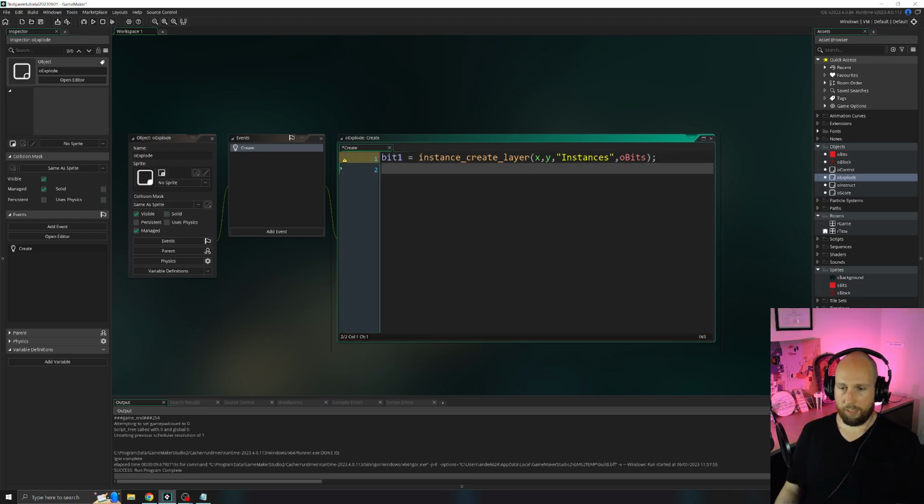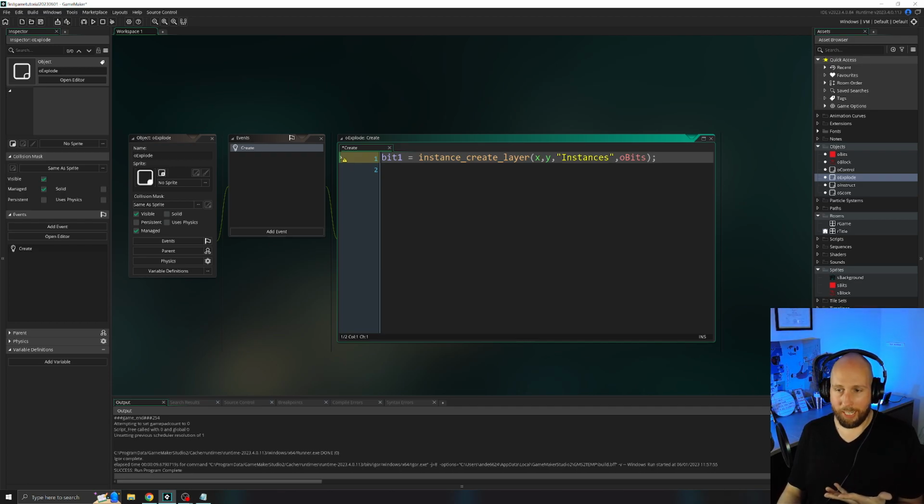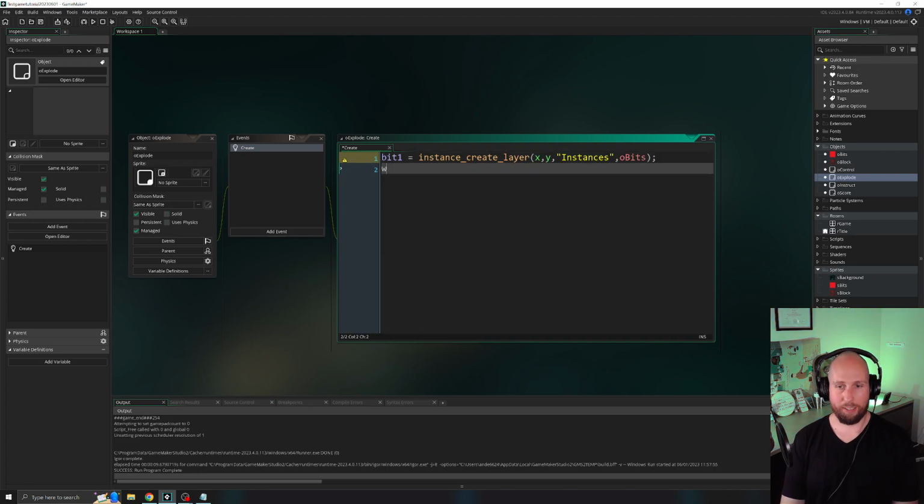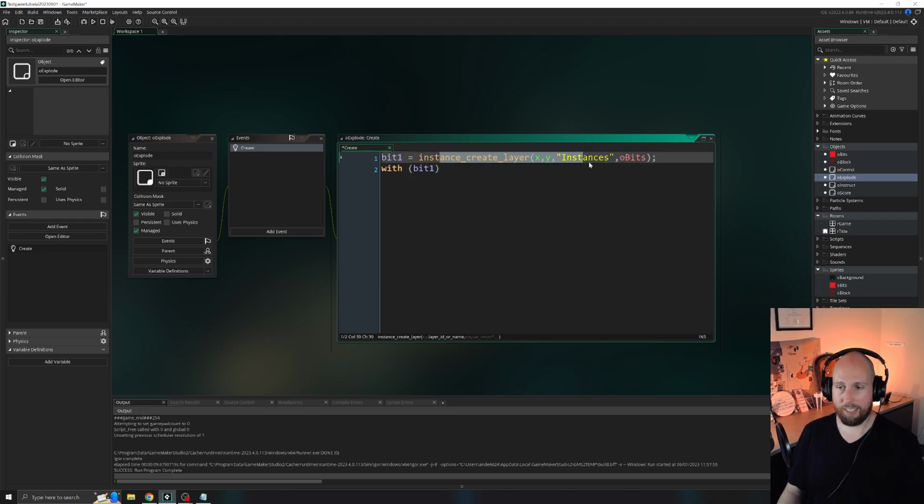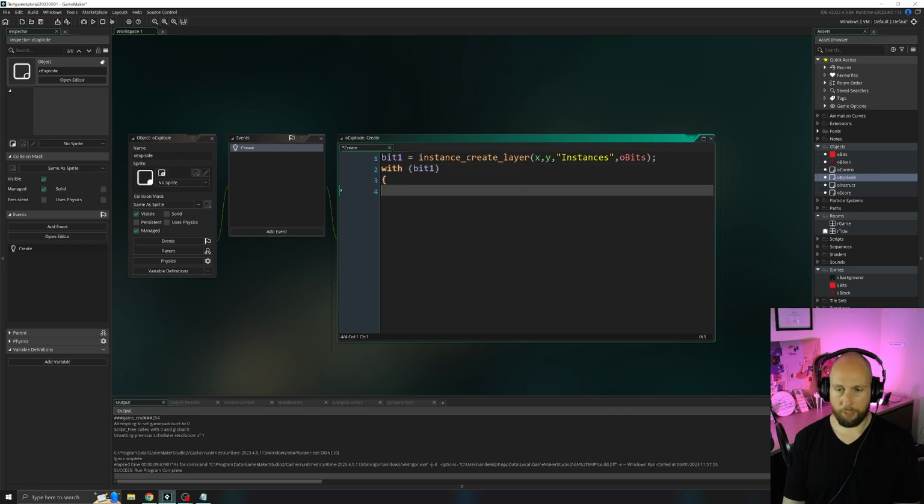And since we've assigned this function to a variable name, this is a cool little tidbit that you should learn: if you do this, it will create a temporary name for this instance and assign it to this variable. So now we can interact with this one particular instance of this object using this variable name. And we do that with a with statement, with bit1, saying, hey, we want to do the following code that we're about to write inside of this particular instance that is named bit1. Open curly bracket, close curly bracket, direction